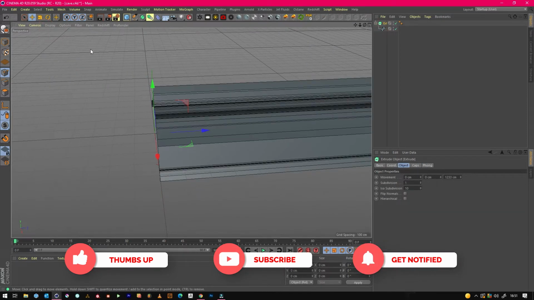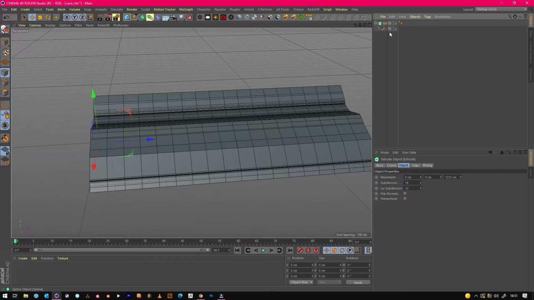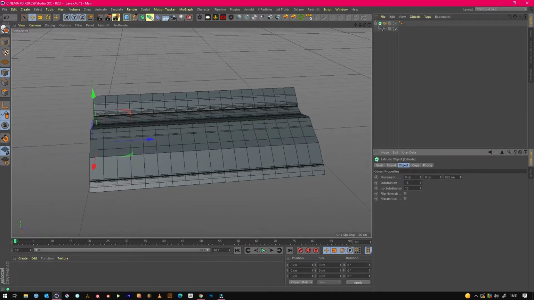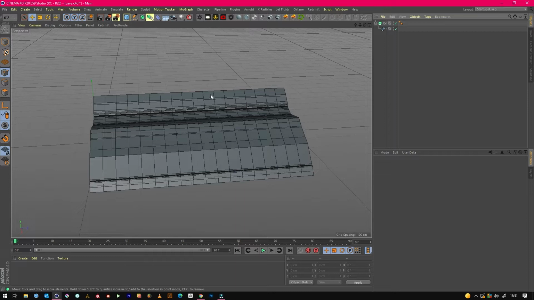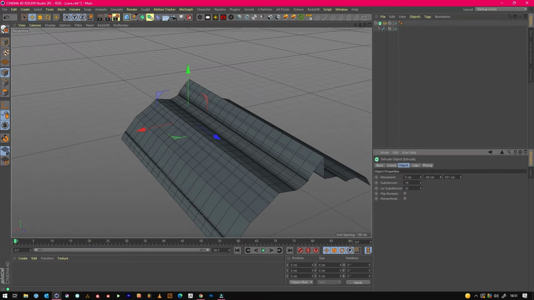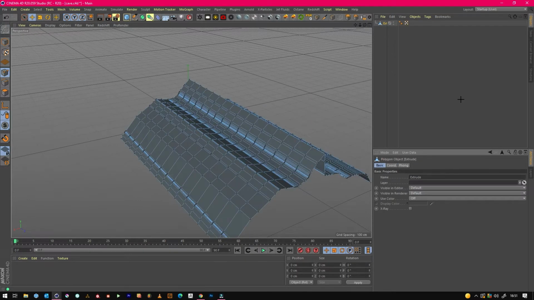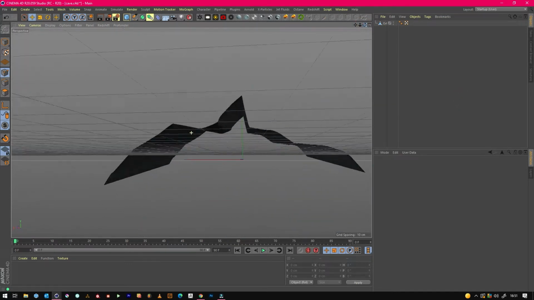We will just go to this view so we can see our subdivisions. So these are like quick dirty tricks to create good stuff. So you want it to look like it's coming down a bit maybe, and then once we're happy with that we can just hit this button, make it editable, and then you can